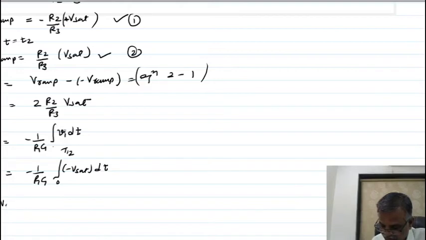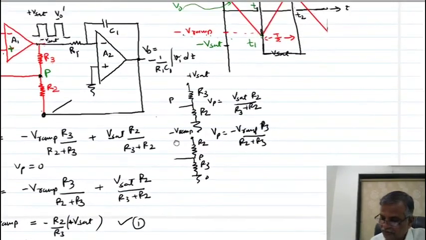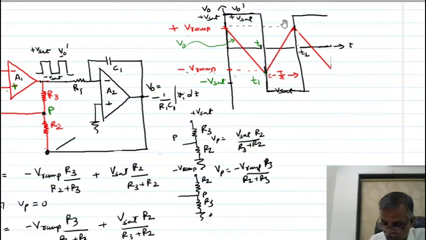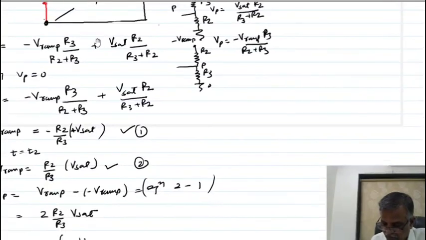So this is VO. Which value? This is your VO peak to peak. You can check, I'll show you. You are indicating from this point to this point. It means you are writing the voltage for peak to peak voltage. Which voltage you are writing? Peak to peak. So this equation I should write for peak to peak.